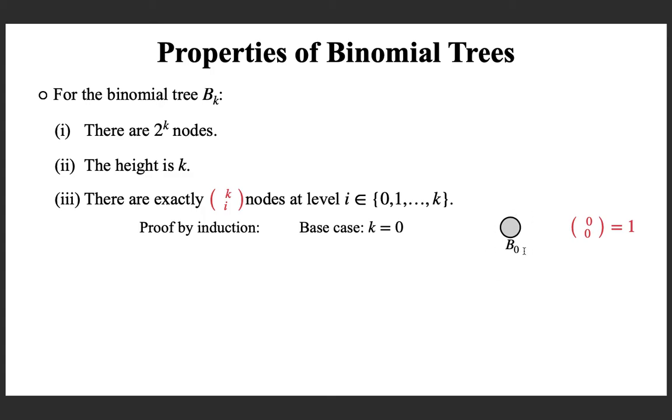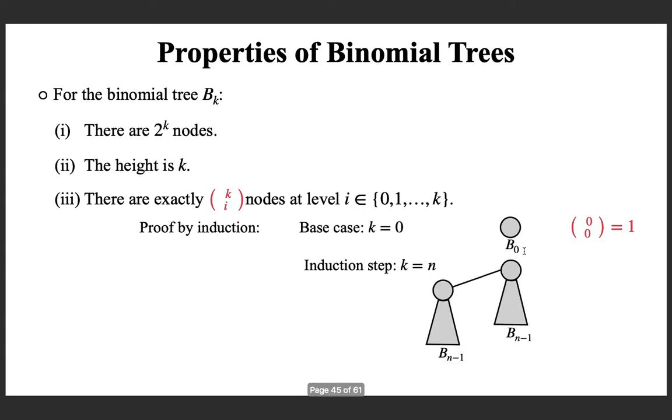Need to prove the induction step when k is equal to n. For that, you see, how will you obtain Bn from 2 Bn minus 1s? This is exactly how you will obtain Bn by 2 copies of Bn minus 1. Now we need to know at level I, you take any I in this tree, noting that we are just combining two binomial trees of height n minus 1 by an edge linking the other tree as the leftmost child of one of the two trees.